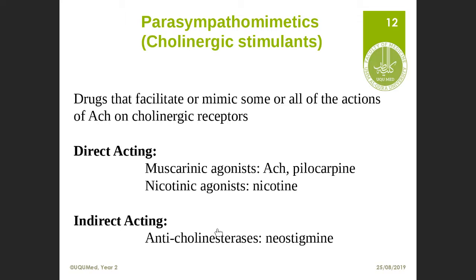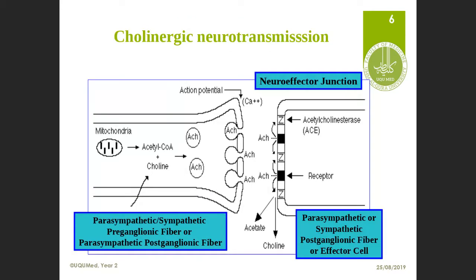And indirect acting, you can say, it will act on the enzyme, that is anticholinesterase. If you see this slide, I can show you here. If you see this enzyme, I told you that when acetylcholine is released into the synaptic cleft, it produces its pharmacological effects while binding to the nicotinic and muscarinic receptors. After that, there is excess acetylcholine. So there is no reuptake as we have seen in the sympathetic nervous system. So what it means is that this excessive